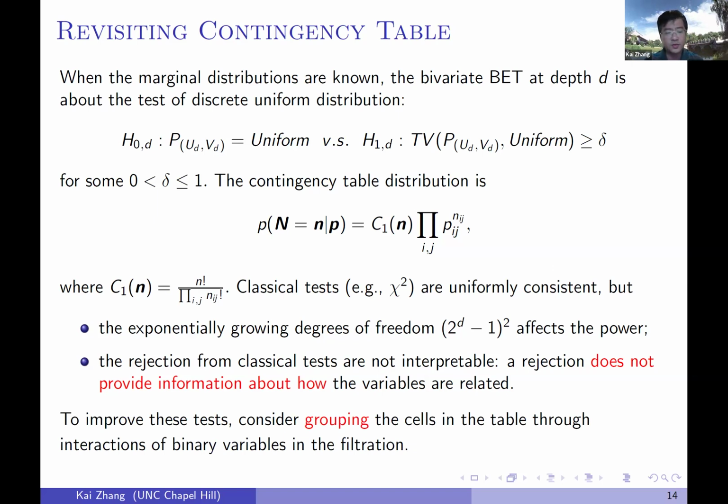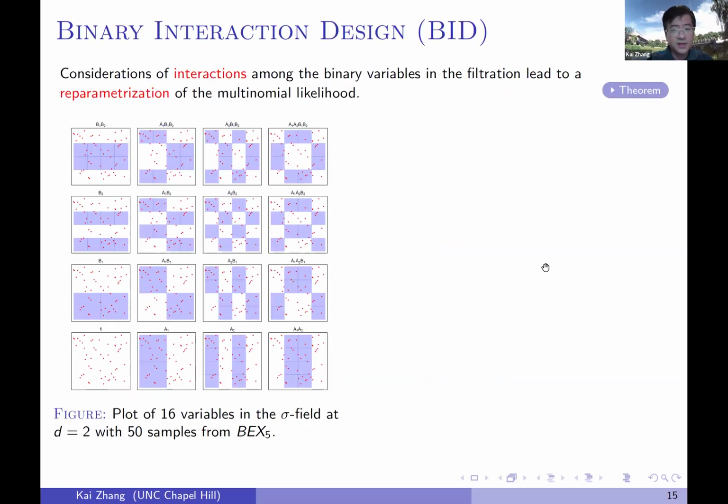What we propose to do is to consider grouping the cells in the contingency table together through interactions of a binary variable in the filtration. I'm going to skip many theorems here, but essentially this consideration of interaction among binary variables will lead to a reparameterization of the multinomial likelihood on the previous slide. And I'm going to illustrate that with the 50 samples on the previous slide